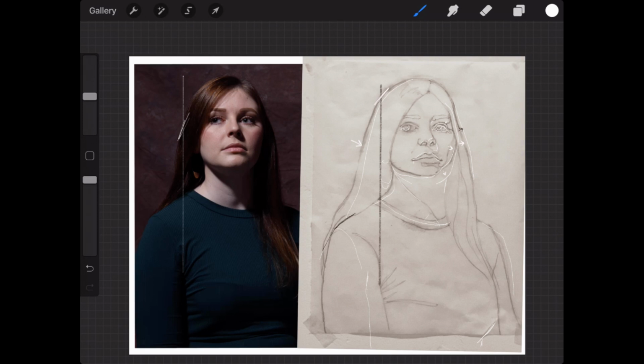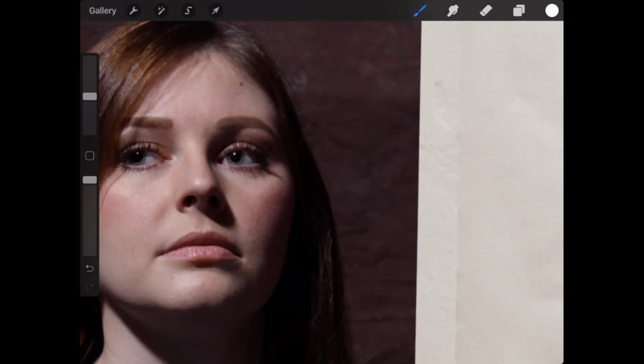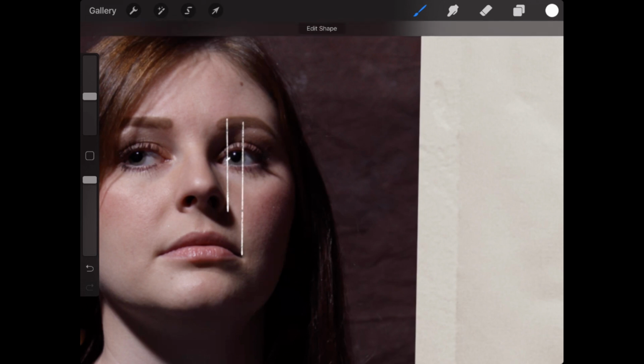It's really, really handy. You can use plumb lines when you work with a live model too. It's actually one of the ways that you can check alignment with a model, because you can't use a grid if you're working with a live model, so you use plumb lines. For example, drawing a line from the corner of the nose straight up to see how it interacts with the corner of the iris, or how the corner of the mouth relates to the eye. Okay, so everyone can use that as a tool.